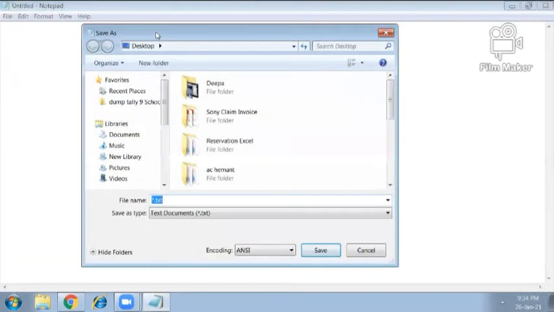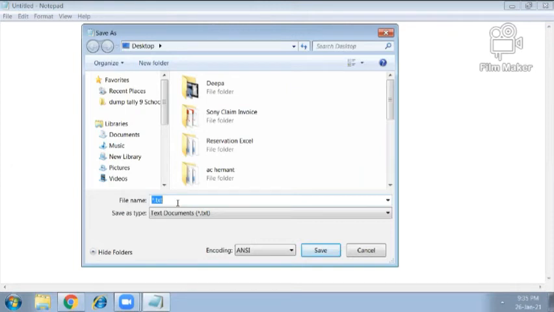As you click on it, you will find the Save dialog box like this. Here you can see that .txt is here. It means the extension of the Notepad file is .txt. Now again, one new term is here for you, that is extension. What is extension? Extension is the identification of a particular file.